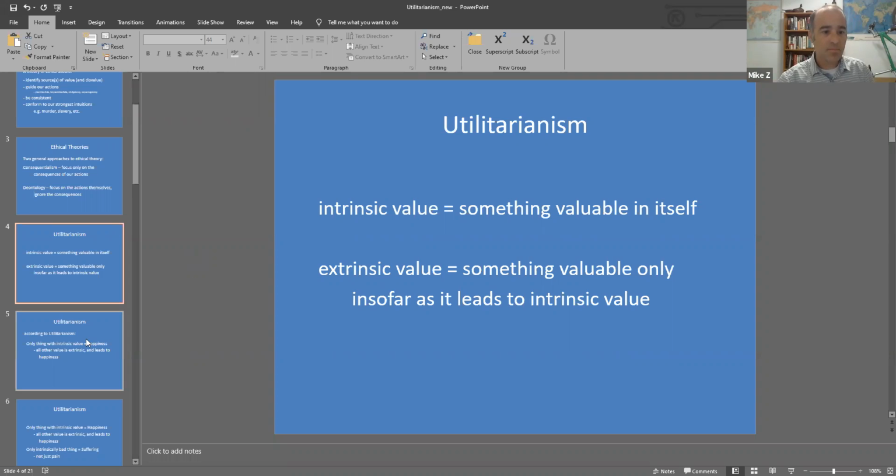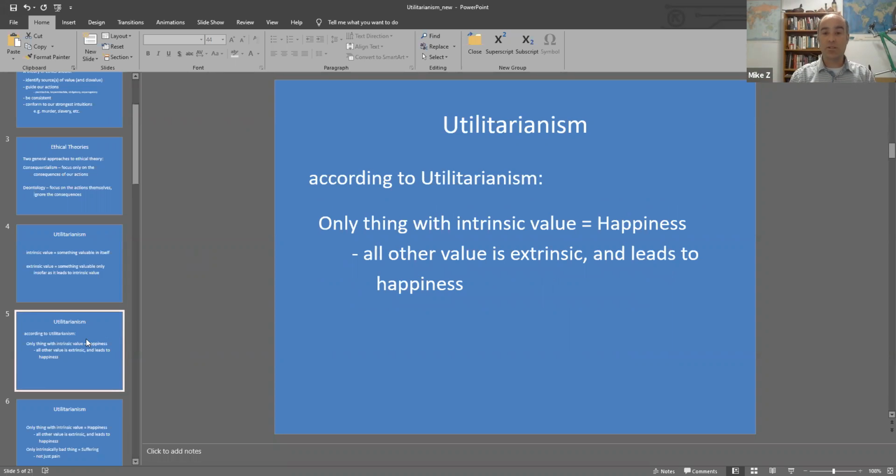Okay, so according to utilitarianism, famously, the only thing with intrinsic value is happiness. The only thing with intrinsic positive value is happiness. And then the only thing with intrinsic negative value is suffering. There might be lots of other things that you think are valuable. So I use the example of money, but that one's easy. That's clearly extrinsically valuable. But when I present this to my classes, people might suggest something like, well, food and